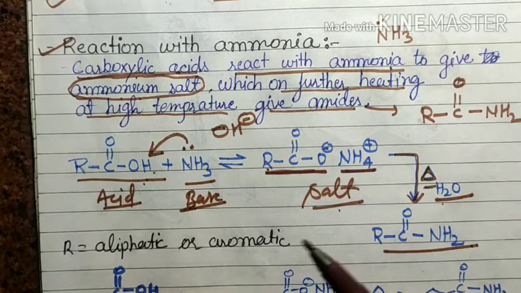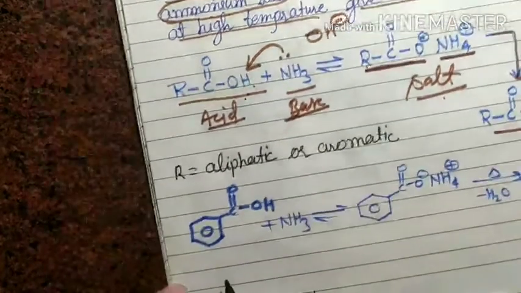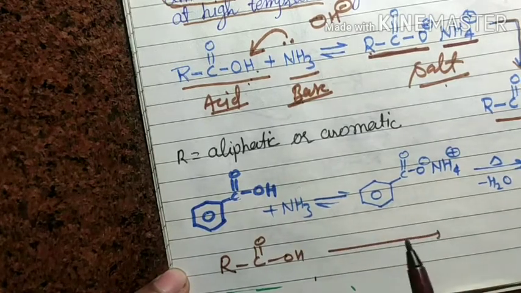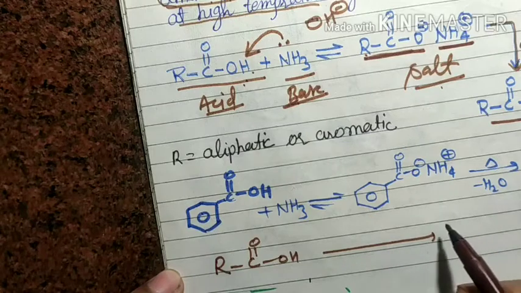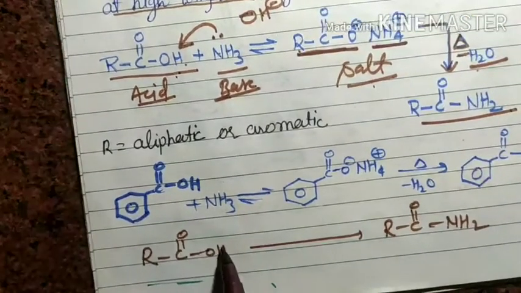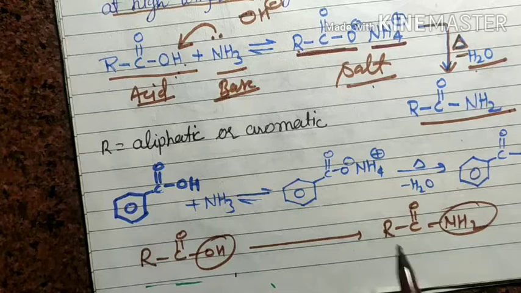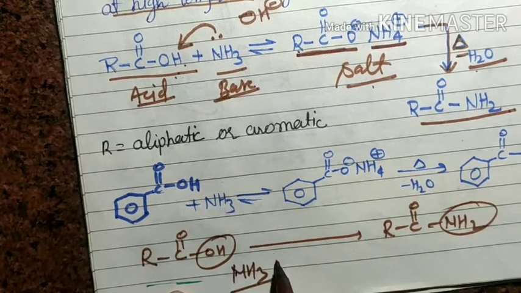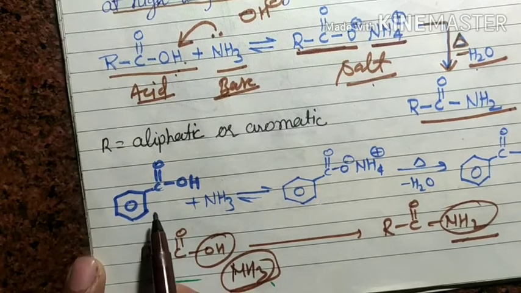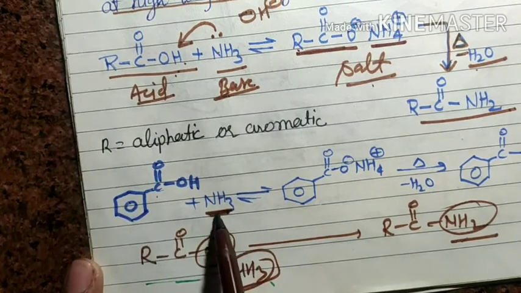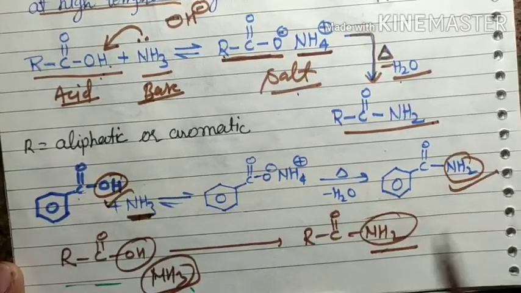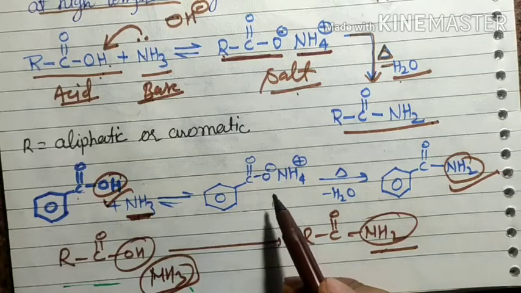You should remember that carboxylic acid, R C double bond O OH, is very easy to learn. First it gives the salt, and in the second step it gives R C double bond O and NH2. Think about what the change is here: the change is that OH becomes NH2. It is very easy, because with the reaction of NH3, the NH2 group is attached here with the removal of water. This example is from your book. This is the carboxylic acid, and when it reacts with ammonia, this OH is replaced by the NH2 group via salt formation.